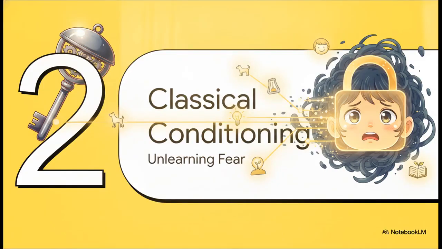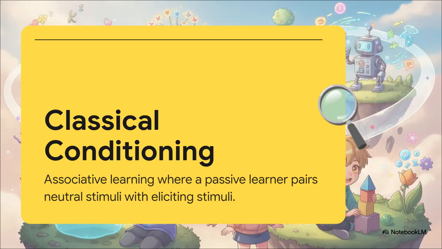Moving right along to section 2, unlearning fear with classical conditioning. So the absolutely crucial point to grab here is that the learner is completely passive. Picture a child dealing with severe anxiety or PTSD. That fear response, it's completely involuntary, literally like a reflex. It's usually driven by some past aversive event that triggered extreme arousal, which then unfairly hitched a ride onto a previously harmless cue in their environment.